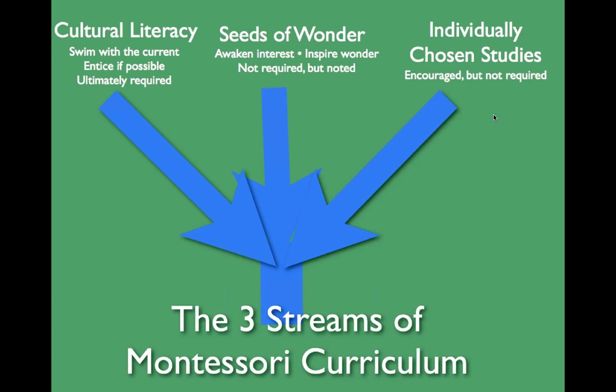So I'm suggesting to you that in your day, your week, your month, your year, your educational program needs to have an equal dose of the cultural literacy, the first stream, and the second stream, seeds of wonder, things that are designed to awaken kids' awareness, interest, taking them to art galleries. The Mommy It's a Renoir program that was developed years ago. Anything you do that gets kids excited, and that can be experience, it could be a field trip, it could be a guest speaker, it could be a play, it doesn't matter what it is,